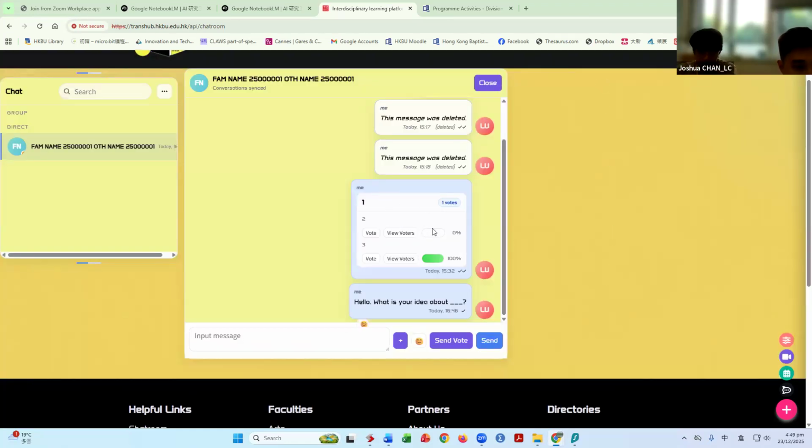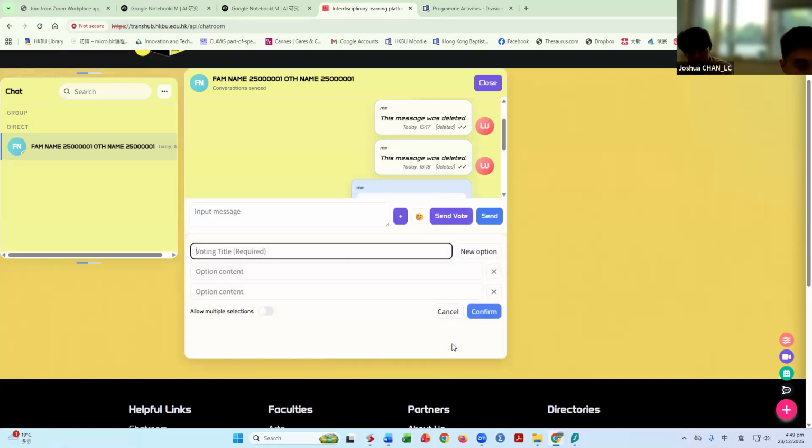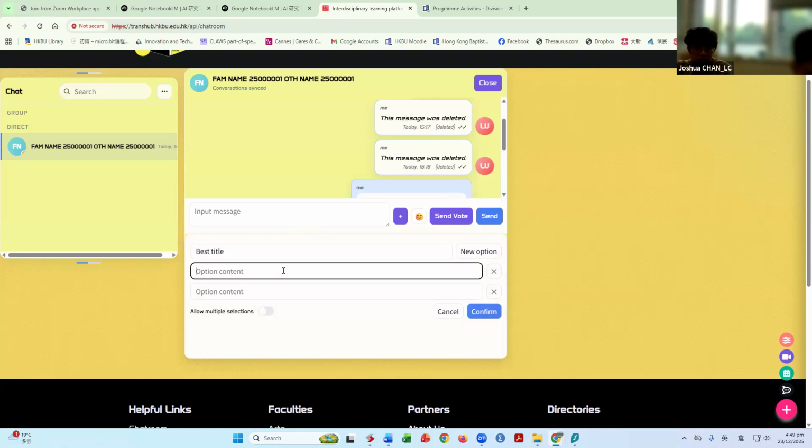And here Felix has prepared a send vote function, because we talked to Nancy, and Nancy thinks that perhaps for certain issues students might want to take a vote. So people can put a vote there. For example, what is the best title? Number one, machine, it's good.